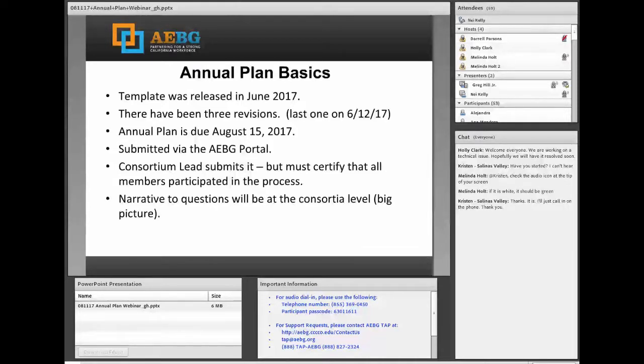And it's basically narrative, big picture. We're going to take the strategies that you put in, and that will drive the budgeting for 16-17 and 17-18. I'll get into that a little bit later as far as the formatting of that new fiscal system and how that ties in to the annual plan. So any questions about that? Because we're moving on to the next slide. We want to get to the good stuff.